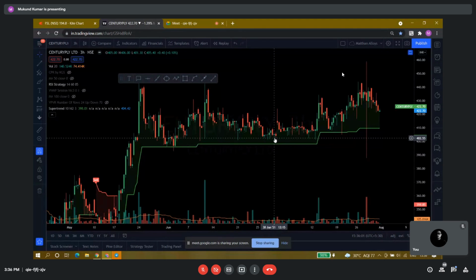That is why I have told you, the best stop loss in this particular case is this 400 level, because you can see a very beautiful consolidation at the 400 and 405 levels. So the best stop loss for this script would be around 400. But this depends on the risk appetite of the investor or trader. Since we had executed our trade at a level of 430 or 435 or 445 something,